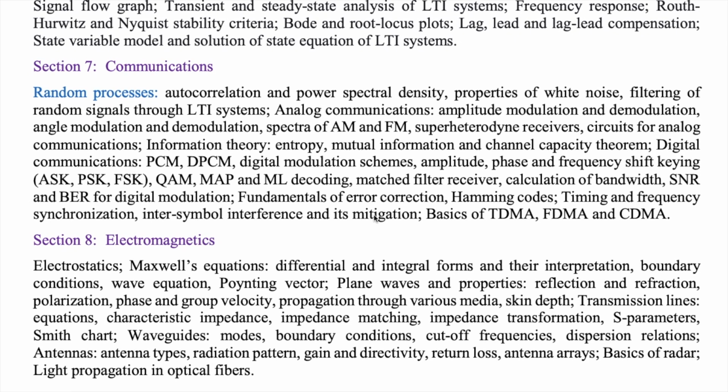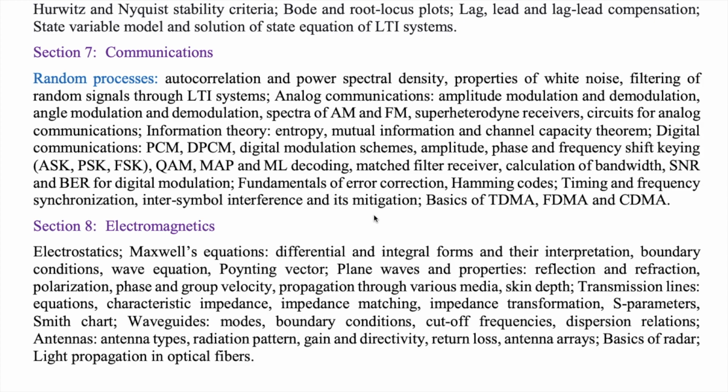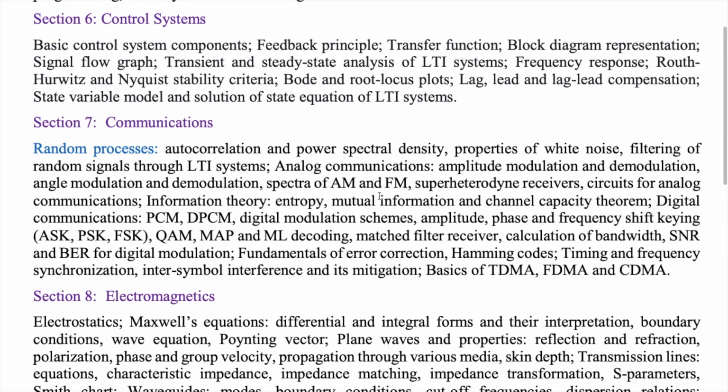In communications also we have two different subjects, that is analog communication and digital communication. In many universities these are combined together. What you have to do is go through the syllabus and see the questions relating to each and every topic given in the syllabus. Now we have section 8 as electromagnetics. So the syllabus has 8 sections in totality, including the engineering mathematics section, and the subjects might vary for different universities and colleges. We can go through and associate the syllabus to a specific subject that is being taught to us.